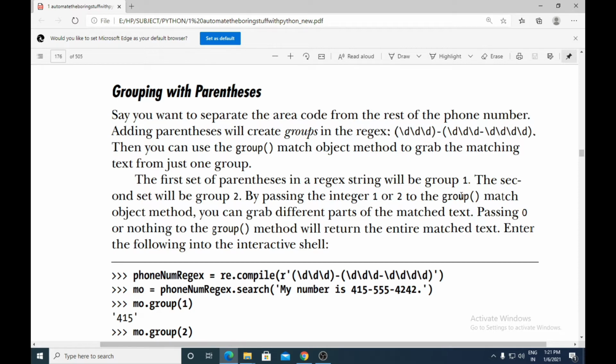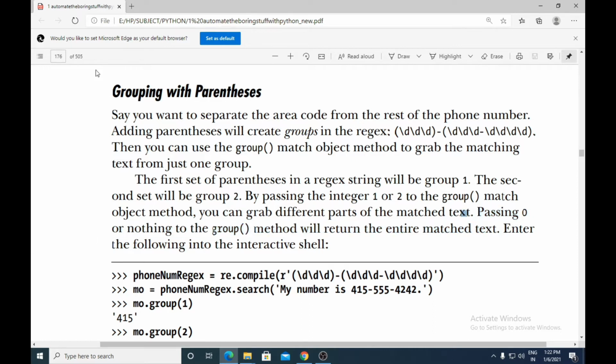If you pass 2, it will return the rest of the phone number. Passing 0 or nothing to the group method will return the entire matched text, the entire phone number.